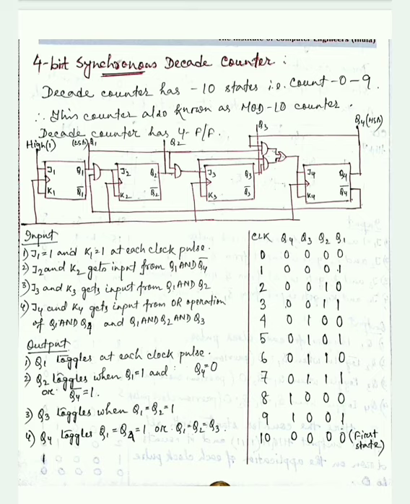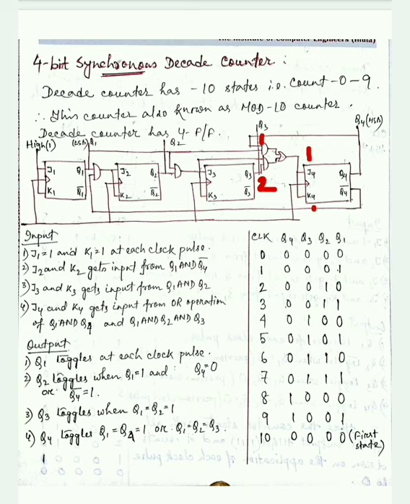Now the J4 value. J4 here also uses a combinational circuit. What is the purpose of this combinational circuit? There are two things: one OR gate, which means if either input's value is 1, we get 1 as output. There are two AND gates, AND gate 1 and AND gate 2. If either AND gate 1 is 1 or AND gate 2 is 1, then we get output 1 and 1 here.